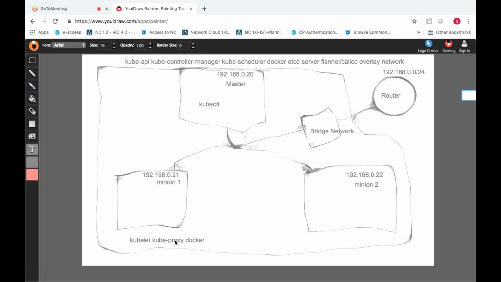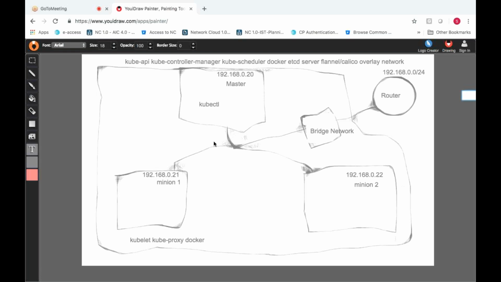And obviously Docker needs to be installed on all the minion nodes, because containers are actually launched on these nodes. To be simple, Docker needs to be installed on all the machines. It is not about master or minion nodes. On all the nodes in the Kubernetes cluster, you need to install Docker first. Then you will decide which node will be a master and which will be a minion node. Based on that, you will install the packages.